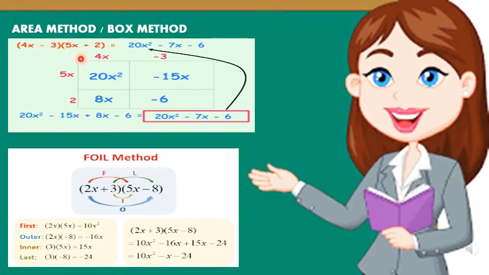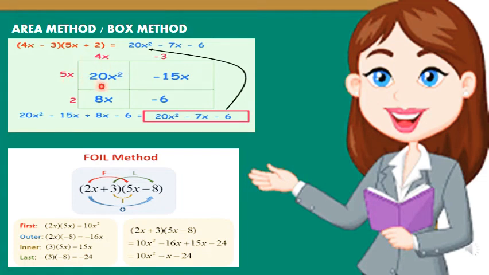So what we will do is draw a box and write 5x and 2 here, you can see, and then 4x minus 3, the first binomial, is written here on the top, and the other binomial is written downwards like this, 5x plus 2, and this will be a box. Now in this box we are going to multiply these two terms, that is 5x into 4x, and write it here.